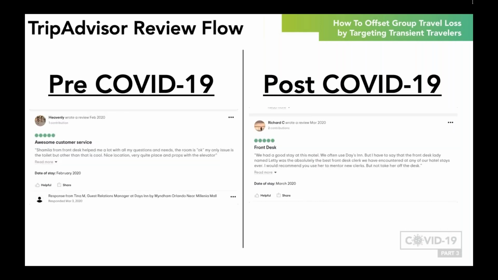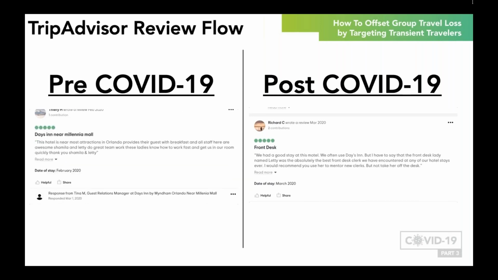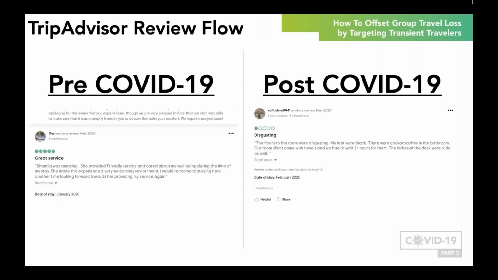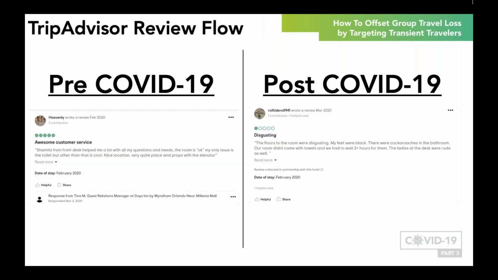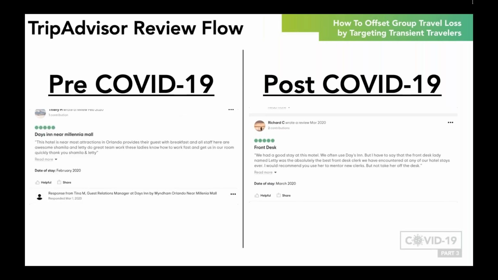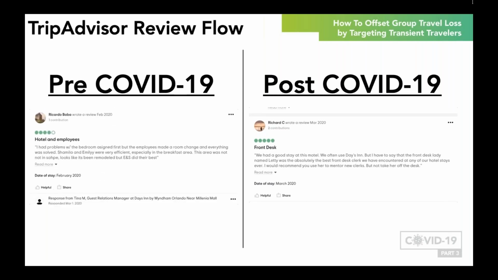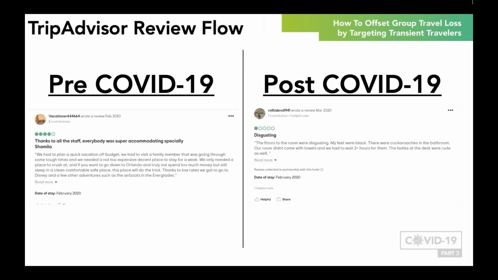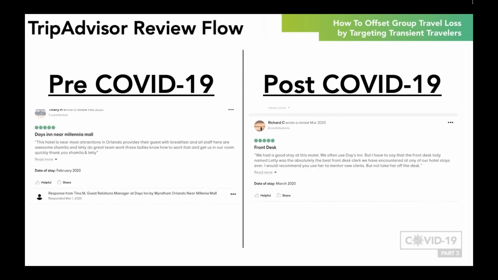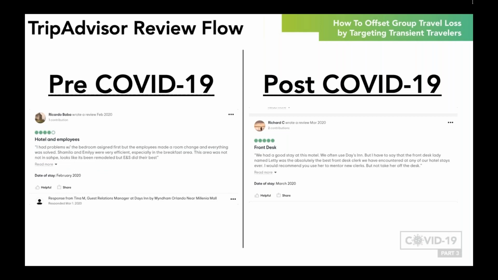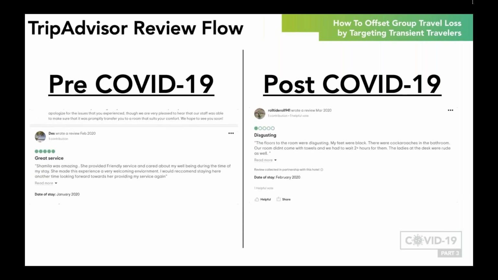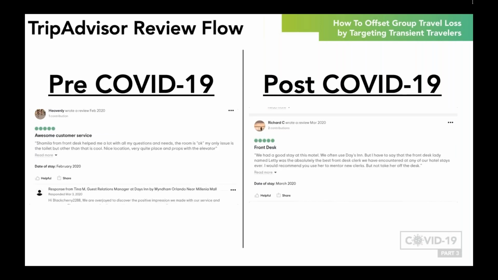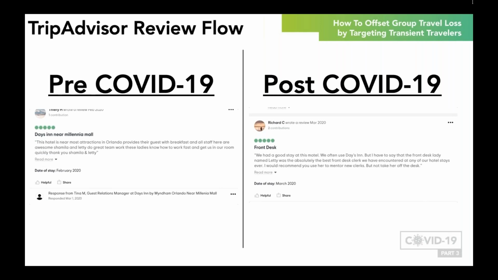As we look at the screen here, you can see an example of what travelers are looking at pre and post-COVID. Prior to COVID-19, travelers would be viewing dozens of reviews over long periods of time before making that booking decision. But as I mentioned before, today's travelers are only looking at the most relevant reviews in regards to safety and health, the reviews your hotel has received during this time. The hotels that will recover first from this crisis are the hotels that successfully create a positive, unbroken review cycle.